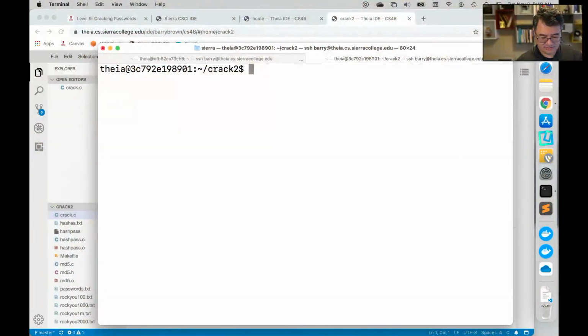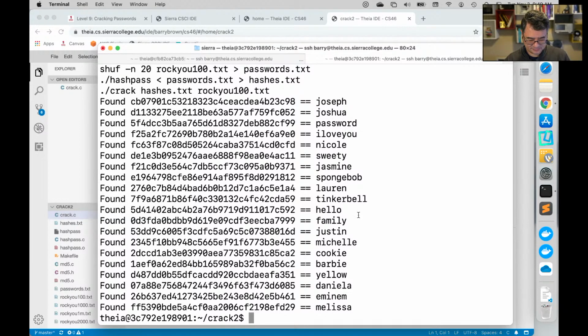When I run the hashes through the 1 million text, it's instant with a break in there. There's no delay at all. Oh, okay. So let's take a look here. I'm in your account. If I type make test, which just runs the program against the hashes that were generated, that's pretty fast.